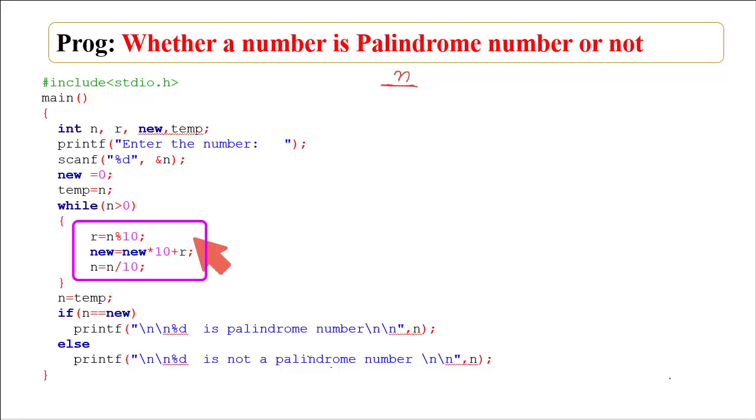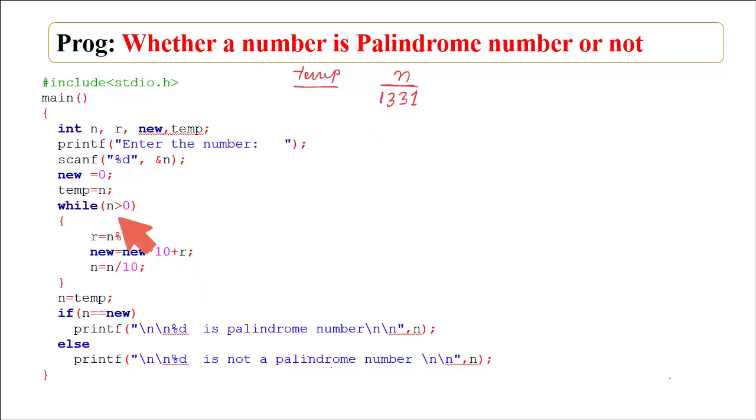As the value of n will change while these three instructions are executed, the initial value of n, which is the original number, has been kept in another variable, say temp. So in the temp variable, the original number is stored.